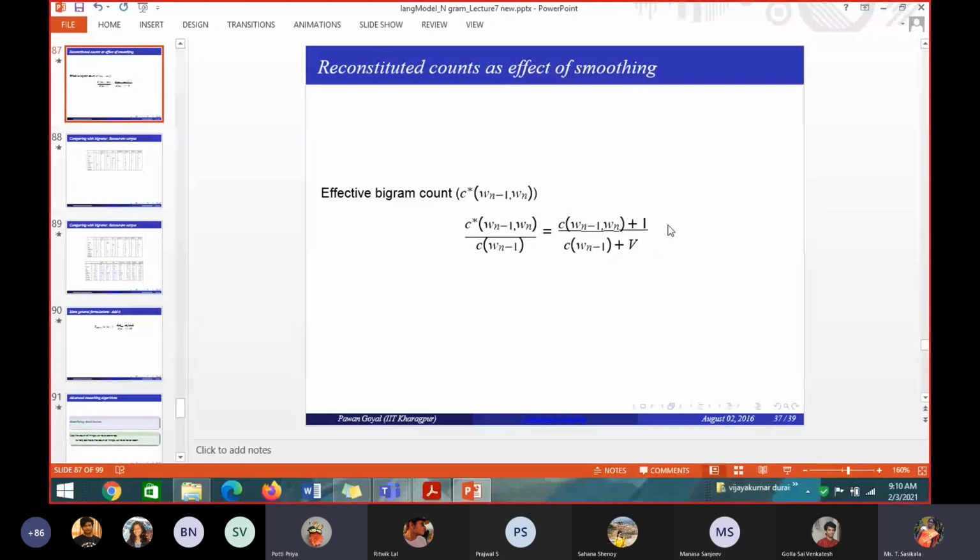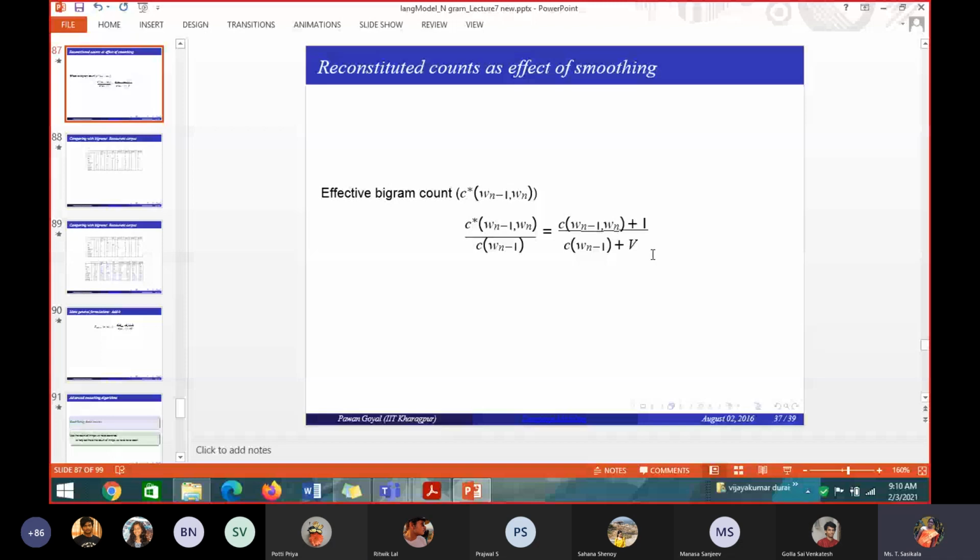That is, I have to find the bigram count, right? For a bigram, how many words am I taking? Two words. That's why it's a bigram C star. From this thing, I have to divide this to find the count. What is the count exactly that we will be having?